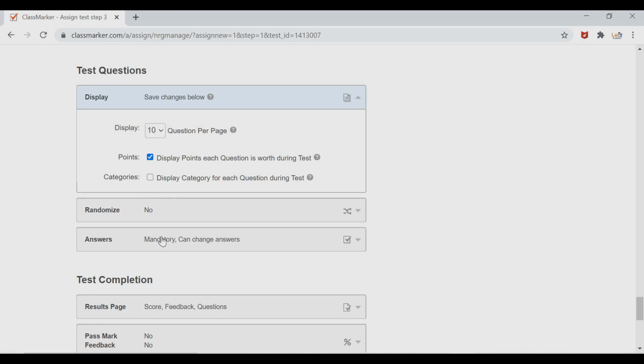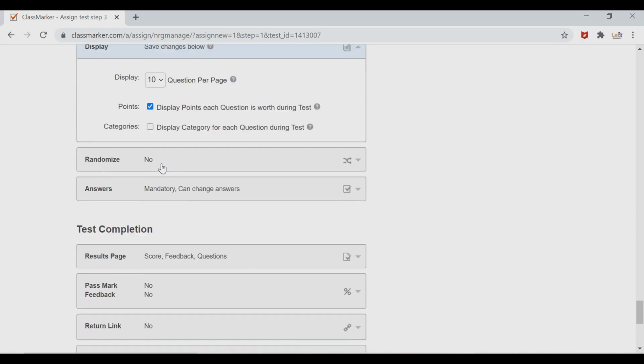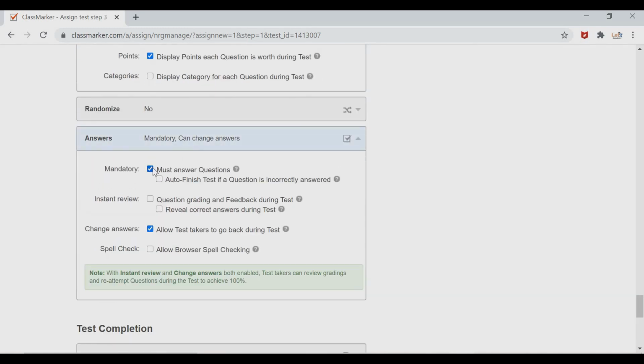Then only students will be able to understand how much mark they are going to get for this question. And randomize, you can provide question random as yes or no, better keep it as no.